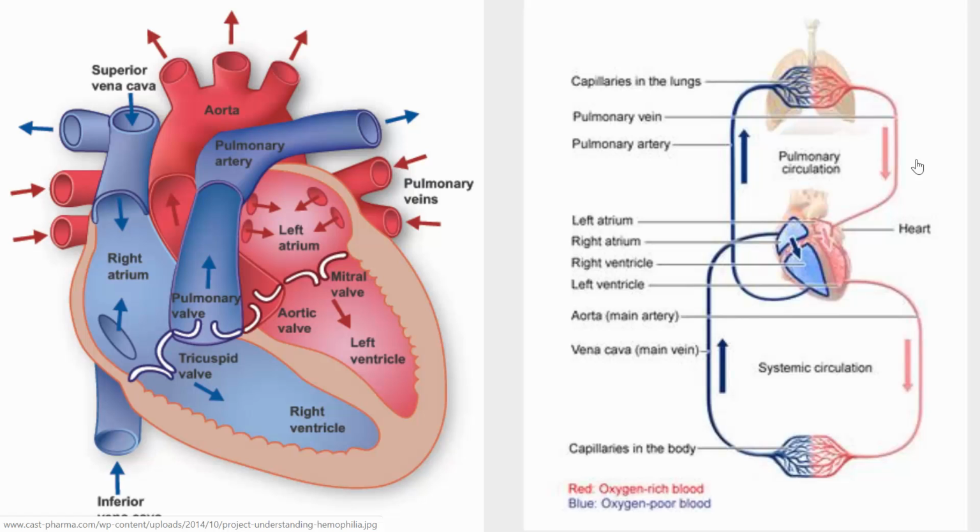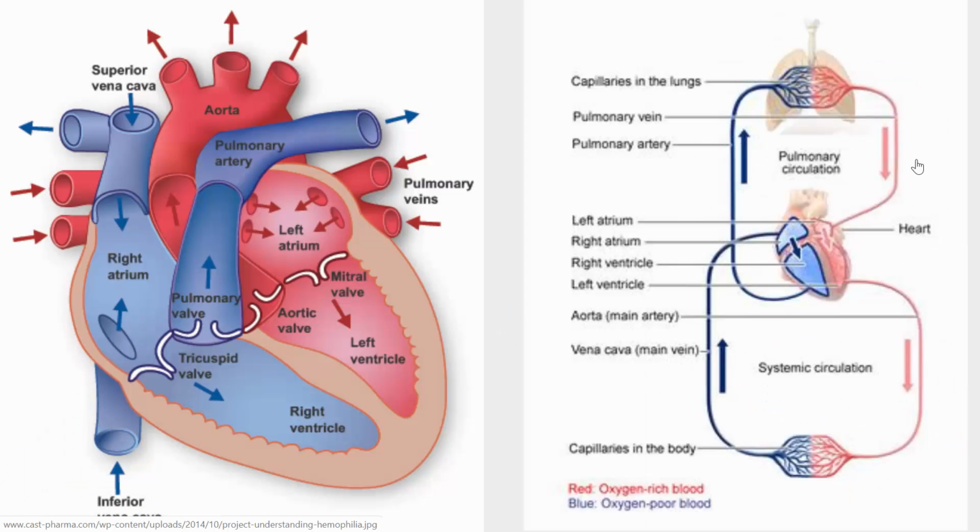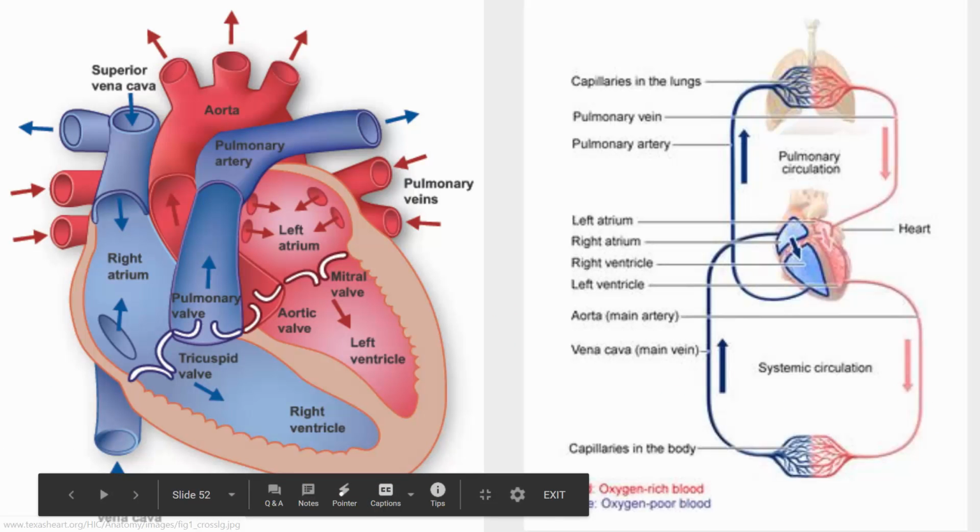It always goes from the body to the right atrium, right ventricle, to the lungs, back to the left atrium, left ventricle, then out to all the parts of the body. Now we're going to stop there for today in our notes, but I want to show you that